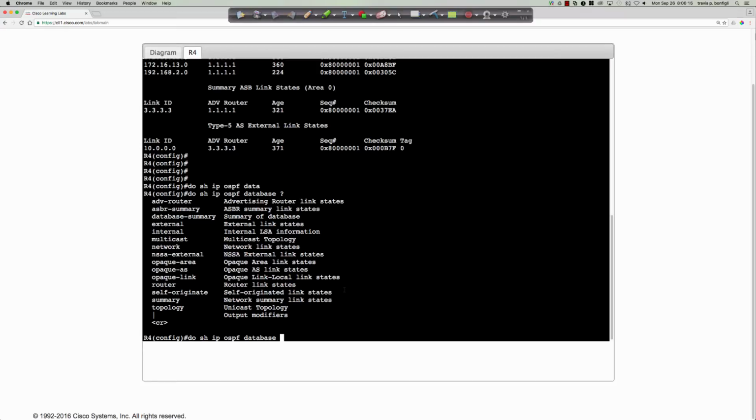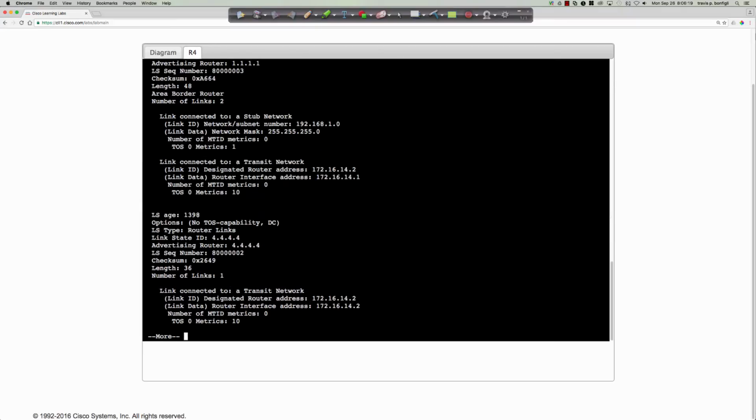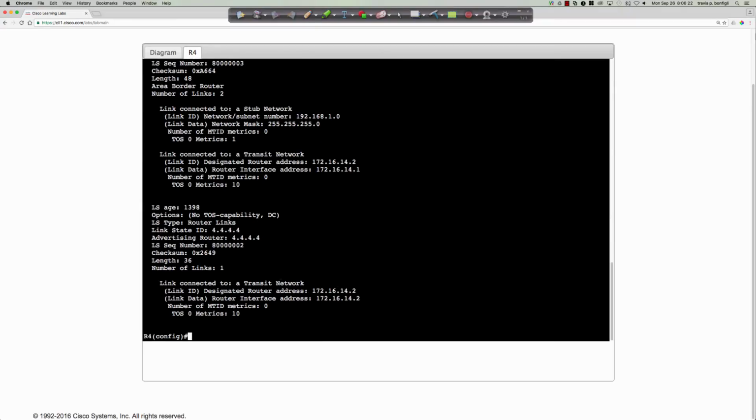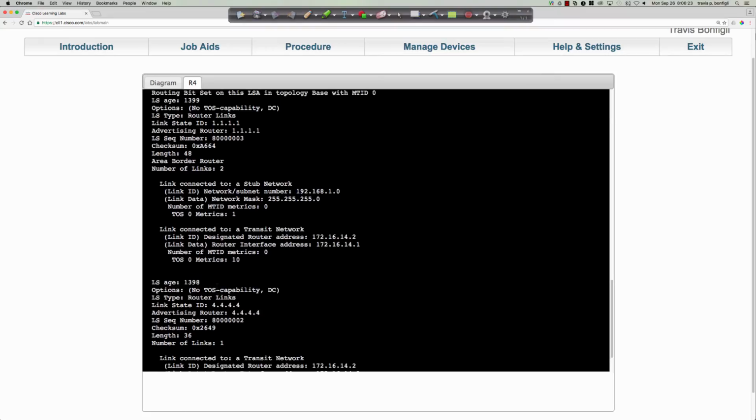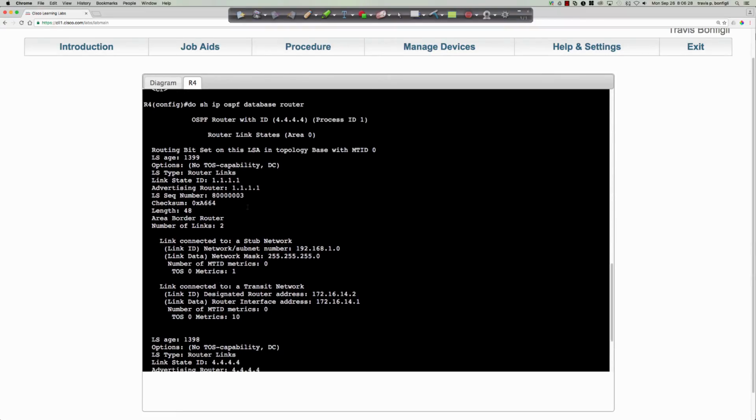So if I just wanted to see one specific LSA, right, here are the router LSAs, and we get a bunch of additional information in here specific just to the router LSA, and this is the information included, right? This is the information included with your LSAs. You see the link state ID, who the advertising router is. We get our sequence number,